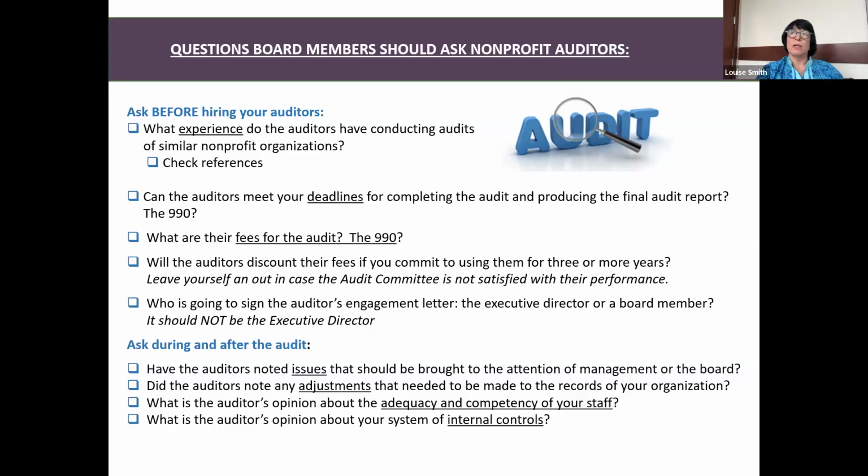Most nonprofits will keep an audit firm at least 5 years, and many, many longer. You can continue to use the same audit firm. Often it's useful to have the audit partner switch out within the firm so you get a fresh set of eyes. It's nice to do that.